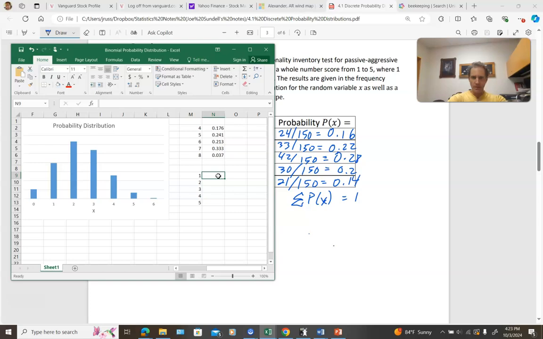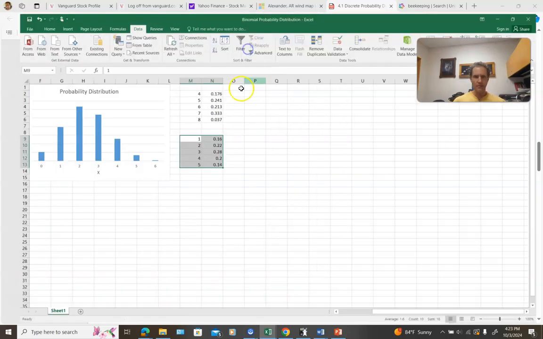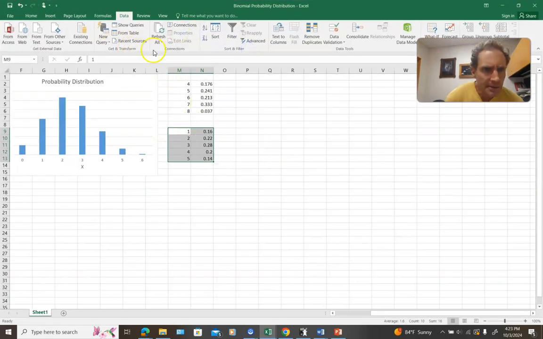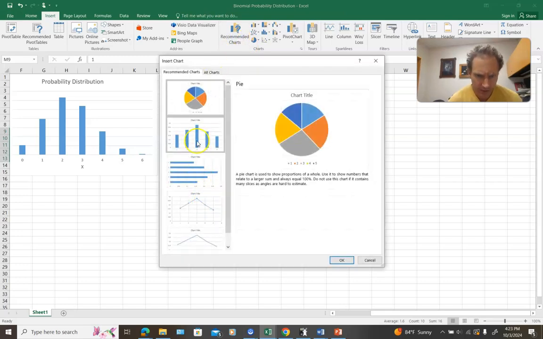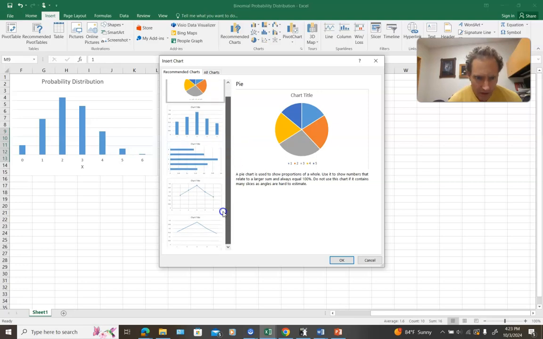Okay, so I'm going to type in these associated probabilities. So hopefully this is also giving you an idea of how to use Excel to do some of this stuff. Okay, now what you can do, guys, you can select both of these columns, and then you can come up here. Let me see. Data. Actually, let me maximize this. Oh, insert. Yeah, come over here to insert, and let's go to this recommended charts,